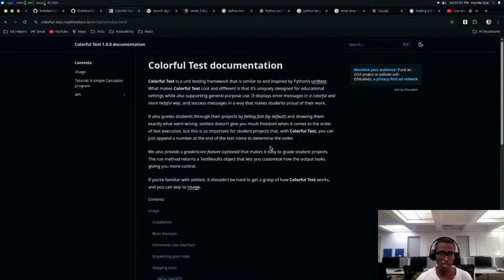Hey guys, I hope you guys are doing well, and this is Hacktoberfest. And today, actually, I wanted you guys to start working on another project, and that project is